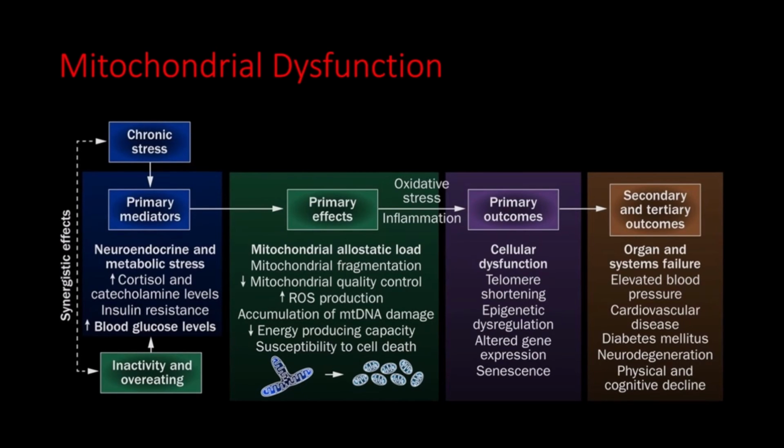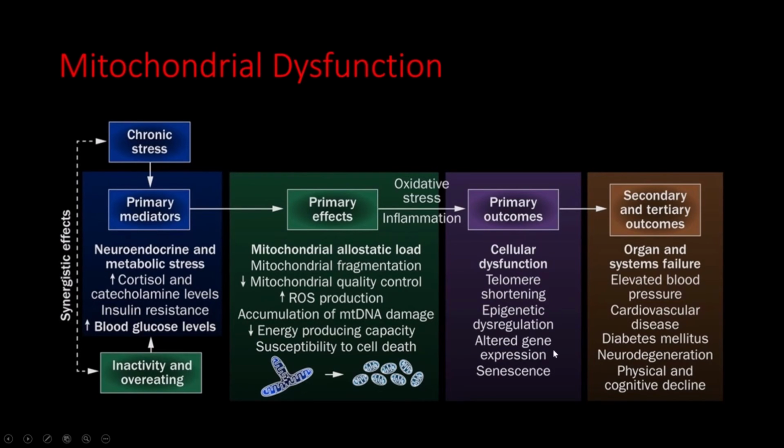So then ultimately you can see down the line that the primary effects, basically you're just overloading your mitochondria and creating way too many reactive oxygen species, and those reactive oxygen species can wreak havoc, not only destroying the DNA in your cell, but also because you're using that process so often, it can actually damage your mitochondria and make them less efficient with the glucose that you're using, because they're just getting so much in such a short period of time that they can't really keep up with it,